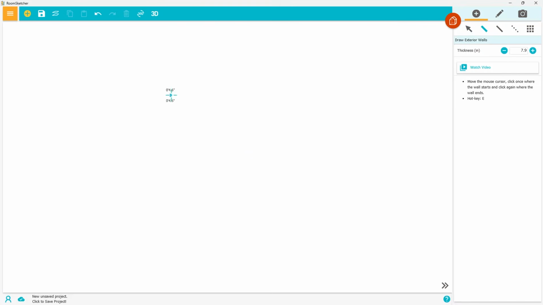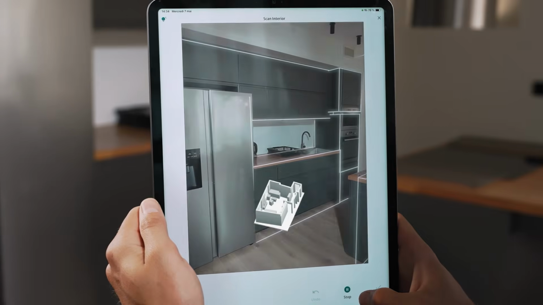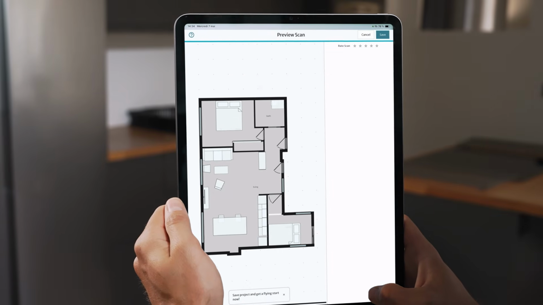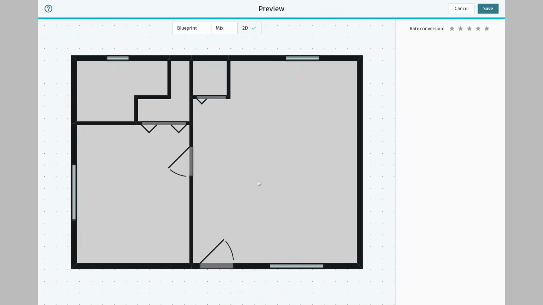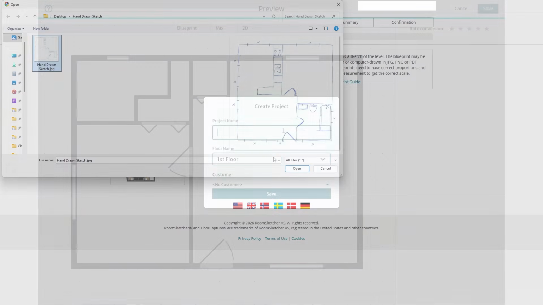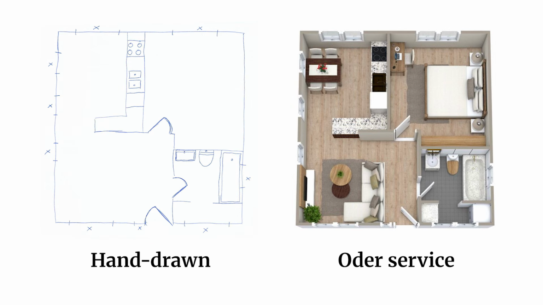RoomSketcher strikes the right balance between ease of use and having the features that many professionals need. If you don't already have a floor plan, you can draw floor plans from scratch in the app, or capture rooms with your iPhone or iPad and start from a generated layout. If you already have a floor plan, use AI to convert it into an editable project in seconds. You can also trace over existing plans and sketches, or order them to be redrawn into RoomSketcher projects by expert